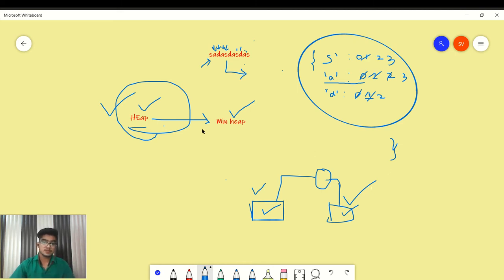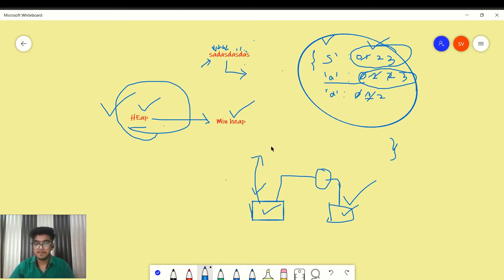Okay. So the question arises here: what do we actually store in heap? Previously, we had a dictionary having a key and a value. And here the value is nothing but a frequency. And in a binary tree, each node has two values.